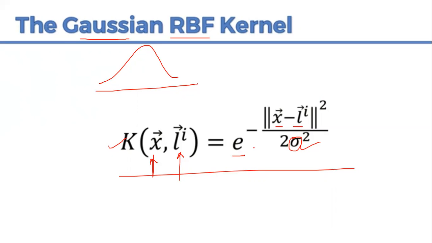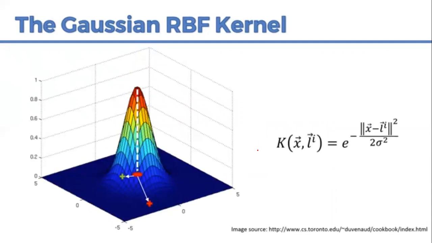Let's look at this function in more detail. X is my data point, L is a landmark, and this is how the function transforms the data. Suppose I have the same red and green data points as seen earlier, and I have chosen this point, where the highest peak is. Here is my landmark. If you choose any point which is farther from your landmark, suppose my X is somewhere here,